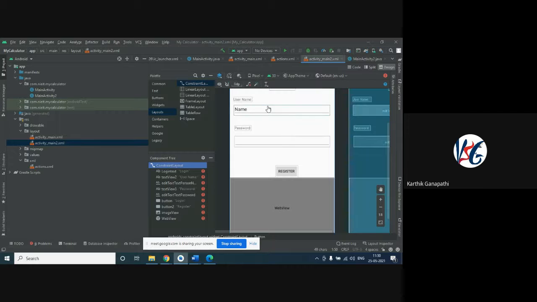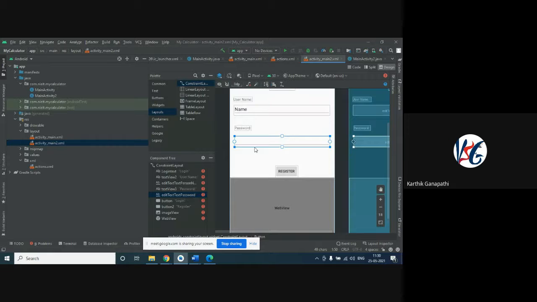In this example I explained, we have a login application where we have a text field for username, that is the edit text, and a password edit text, and two buttons, one for register and another for login. I think for this arrangement we need a layout, right? So first we need to choose which type of layout we are going to have.